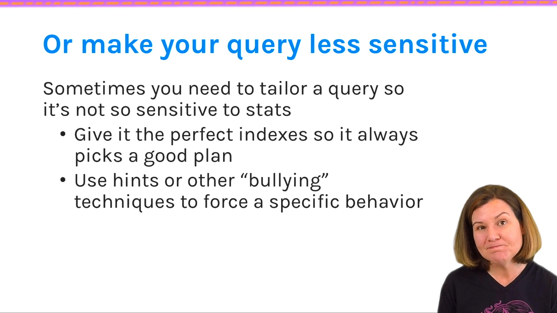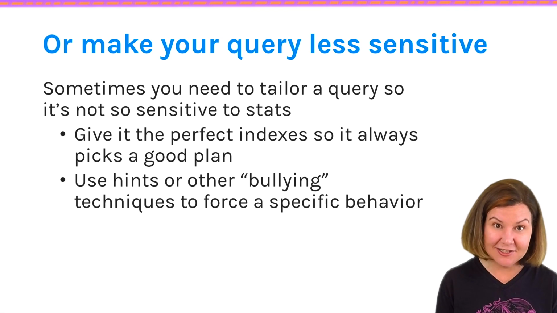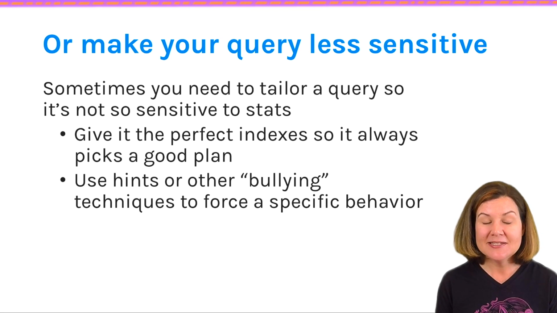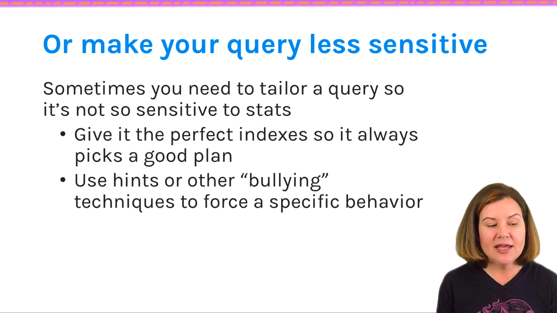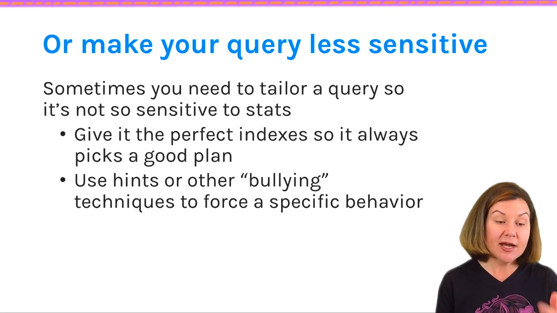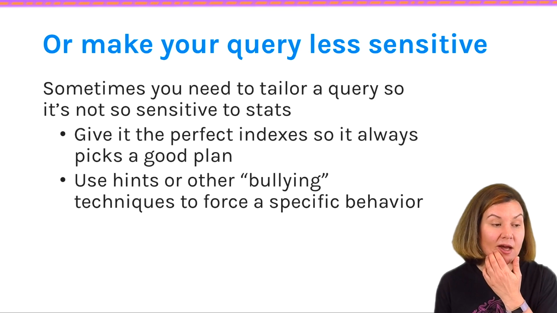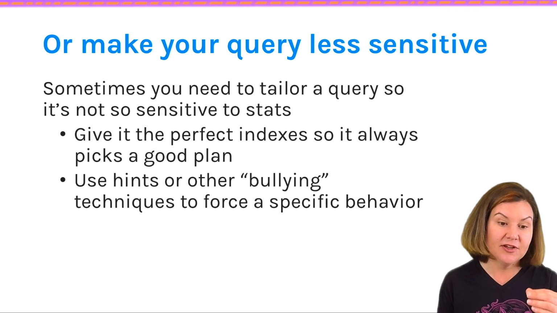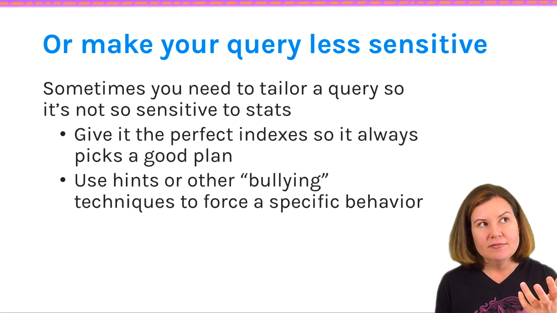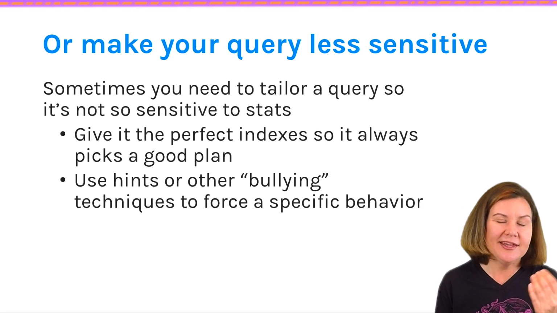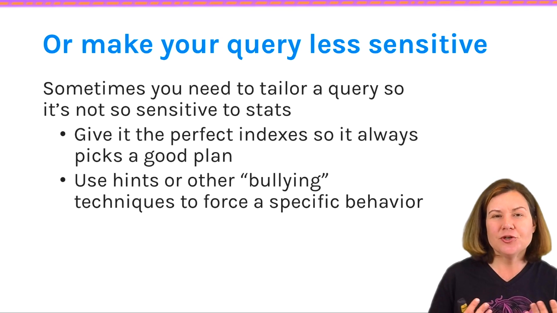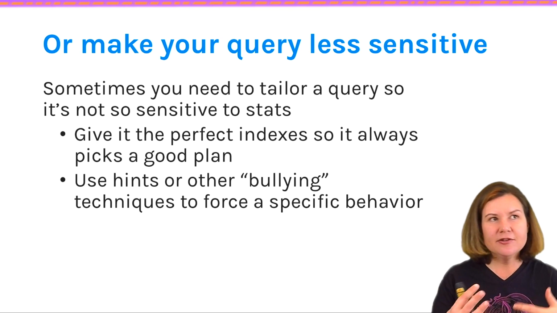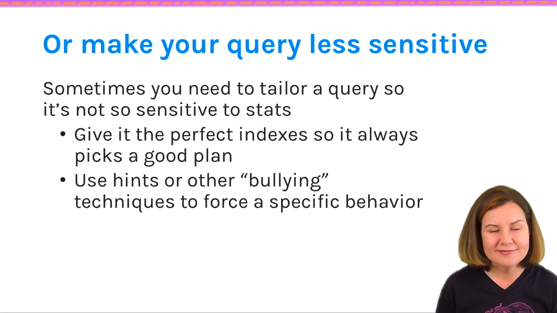You could also make your query less sensitive to statistics. Sometimes we have queries that are just super sensitive, and occasionally they get a bad plan. Sometimes it's due to statistics, sometimes it's that they get compiled for specific values that use statistics in a way that gets a plan that just isn't great for the SQL Server. I'm not sure who to blame in this situation. Do we blame the parameter values? Do we blame the statistics? Blame is